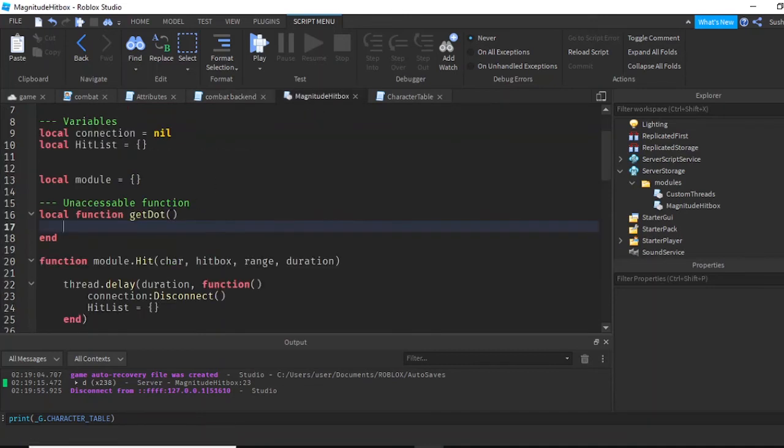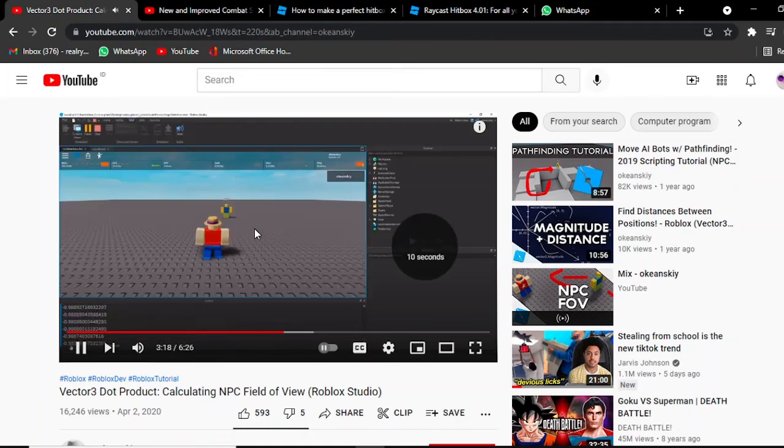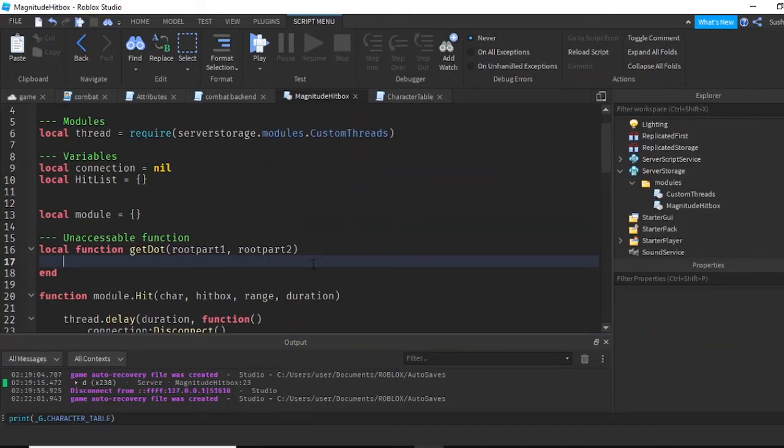So to do this, you need to get your... We're gonna make two parameters, character, and actually no, root part 1 and root part 2. Let me check. Oh yeah. So for the root part, you need to use look vector and then dot unit. Yeah, by using the dot function. Unit, and then NPC look is here. Local unit equals